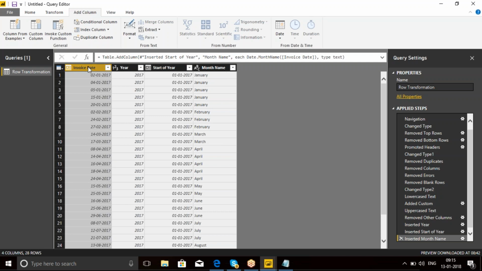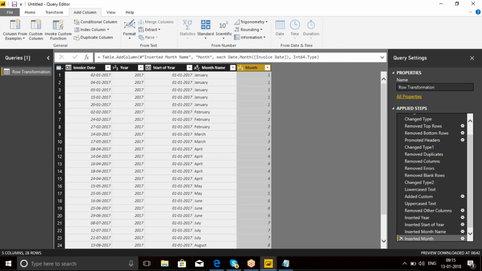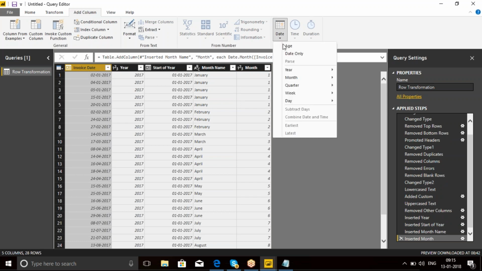So from this invoice date, I want to get the month. The month is 1, 2. By this way, I am creating a date dimension. Select the invoice date. I am getting the result from the invoice date only. So from this invoice date, I want to calculate